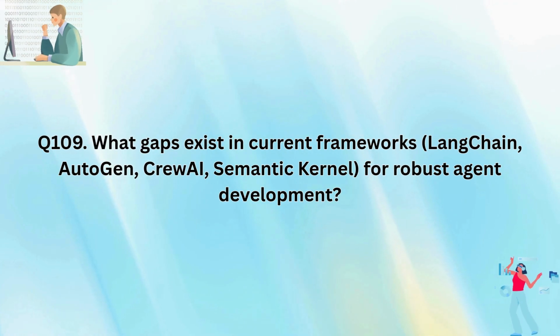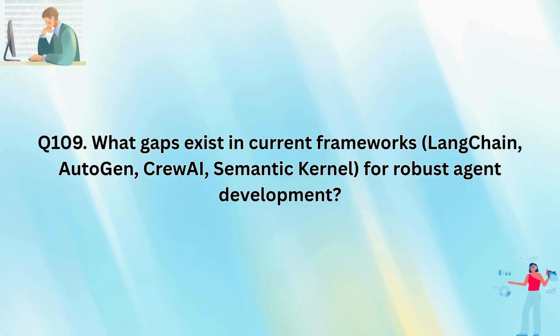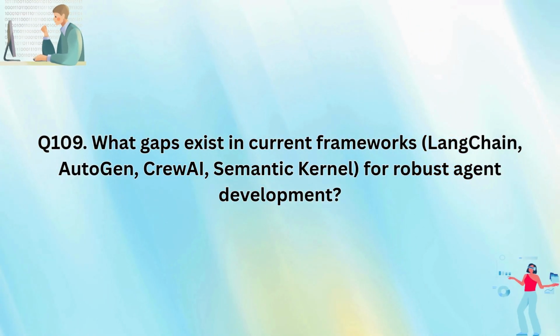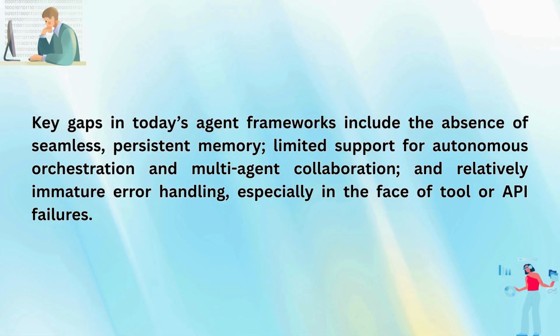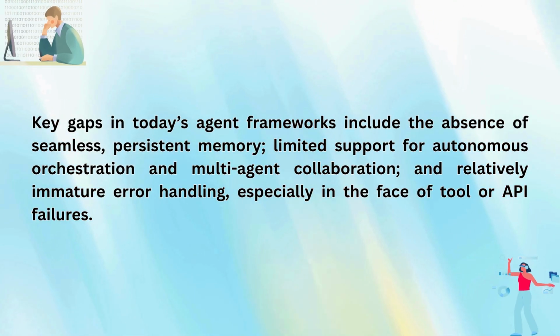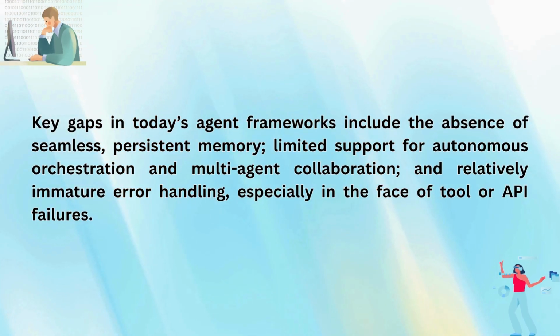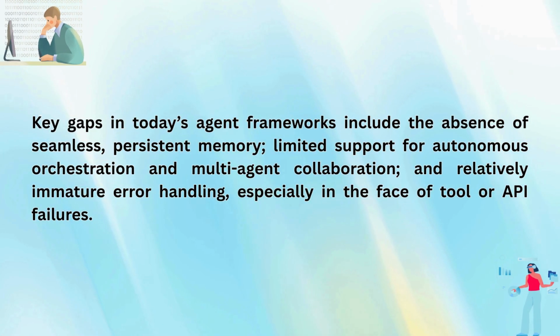What gaps exist in current frameworks like LangChain, AutoGen, Crew AI, and Semantic Kernel for robust agent development? Key gaps in today's agent frameworks include the absence of seamless, persistent memory, limited support for autonomous orchestration and multi-agent collaboration,